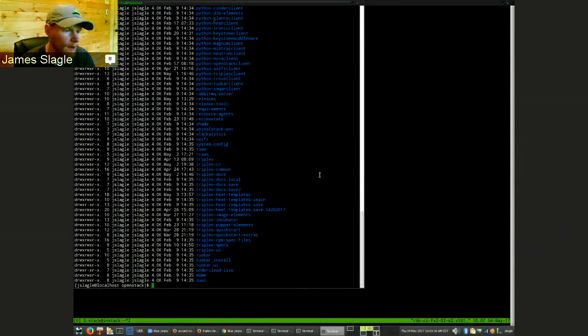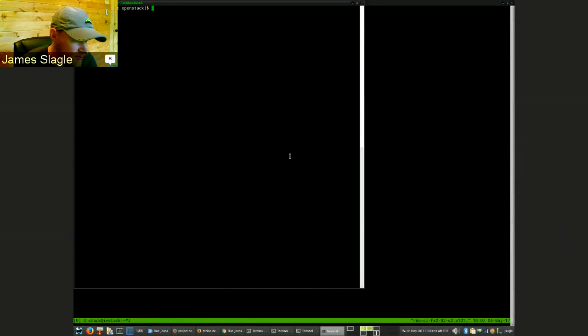Okay, we're going to be doing a TripleO deep dive on the deployed server feature in TripleO. Feel free to interrupt me at any time. This is not a super structured presentation or anything. I was just going to run through how we've been using this feature in our CI since Newton,